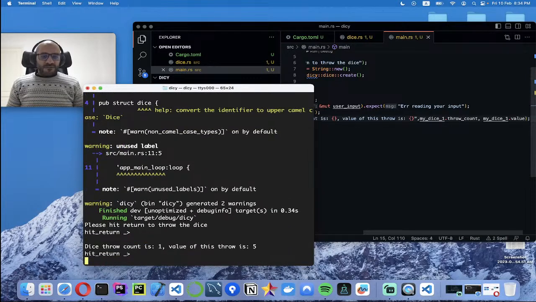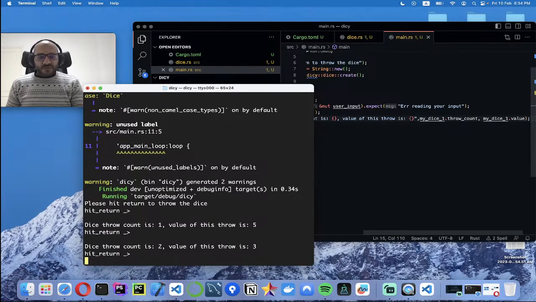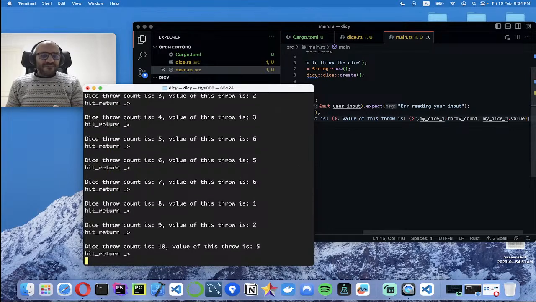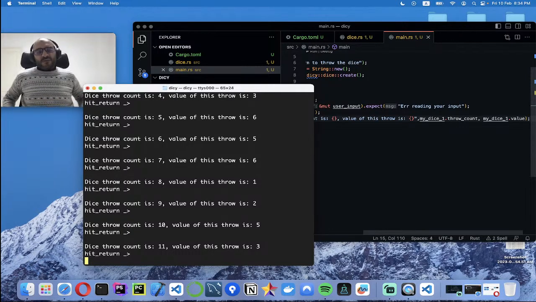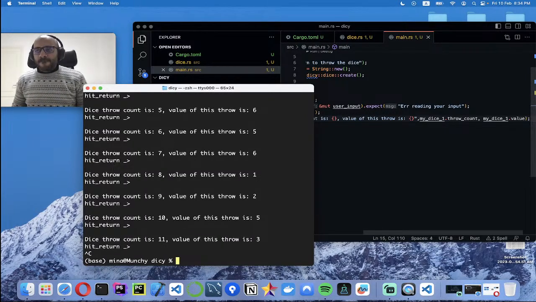Now I hit return on my keyboard, and dice throw count is 1, value of the throw is 5, and this is 2 and 3, and so on. You can keep hitting return, and this will throw the dice one more time, return the value to you, and track how many times you have thrown the dice. I think that's it. I'll commit this application to my repository on GitHub, and then I'll share the links below